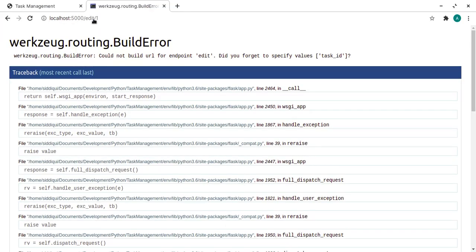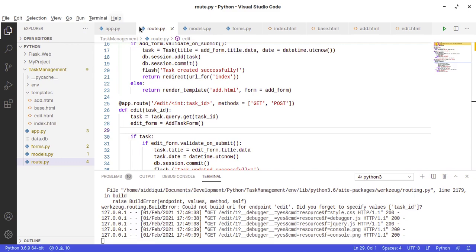It means the URL is fine. Something is the problem in our route actually. The route. Task ID int. So it looks fine. Edit, ID. Task ID is fine here. And then we have a task ID here.